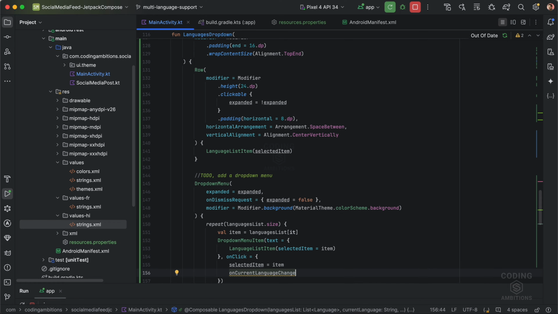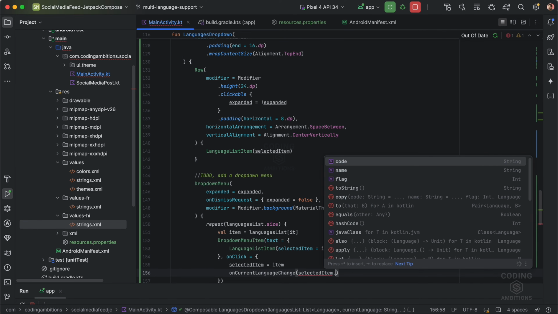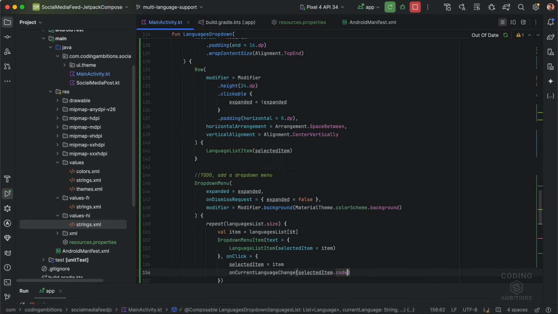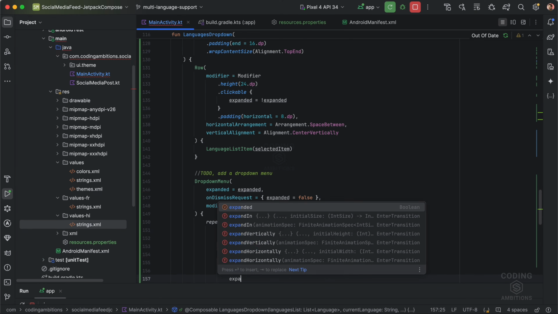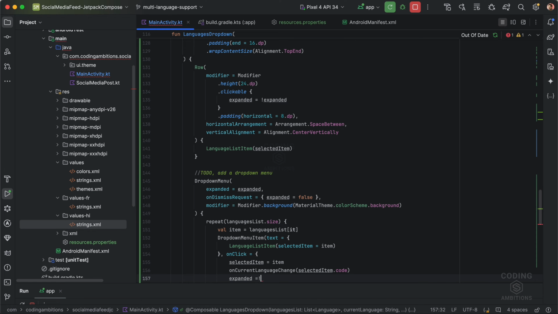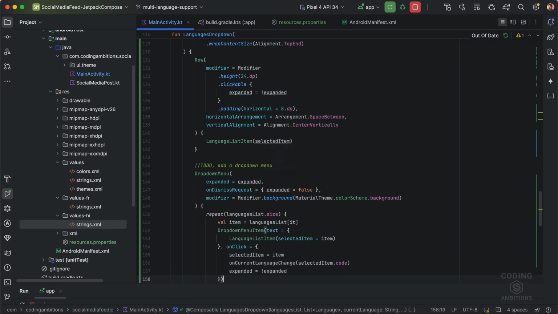So in that callback we will be making changes in the local system settings, right? So here we need to pass its code. And the third thing is expanded, we need to close that. So let's toggle that, okay? All right,